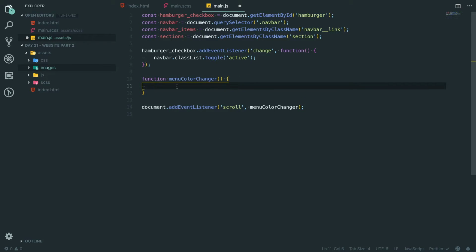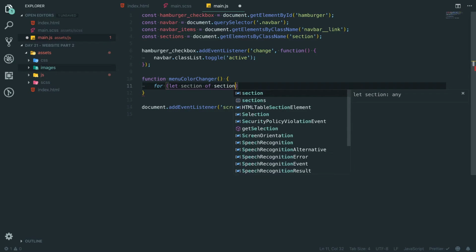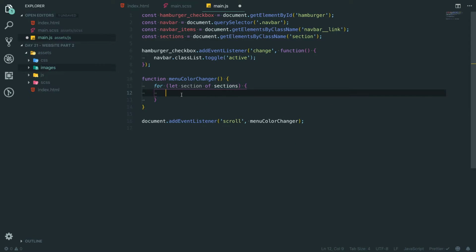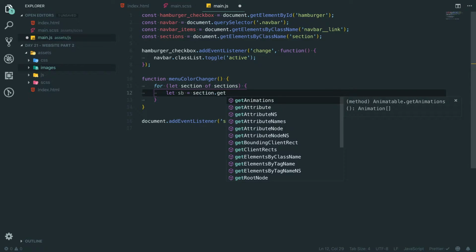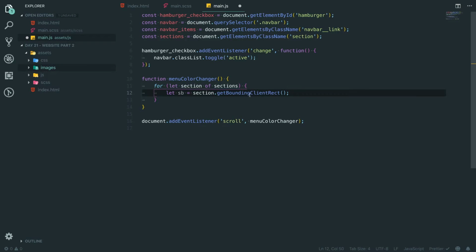every section. We have to do a double loop, and I hate doing this, but it's the only way I can think of doing it right now. If you guys can think of a better way to do this, let me know. We're going to use a for of. So we're going to say for let section of sections, we're going to say let SB. This stands for section boundaries, and we're going to say is equal to section.getBoundingClientRect. And what this does is